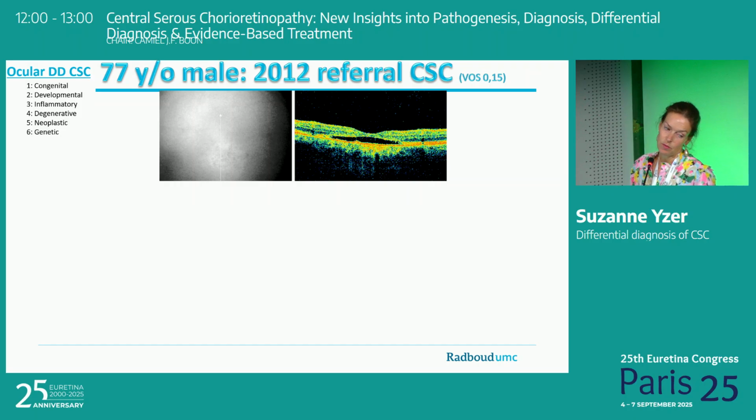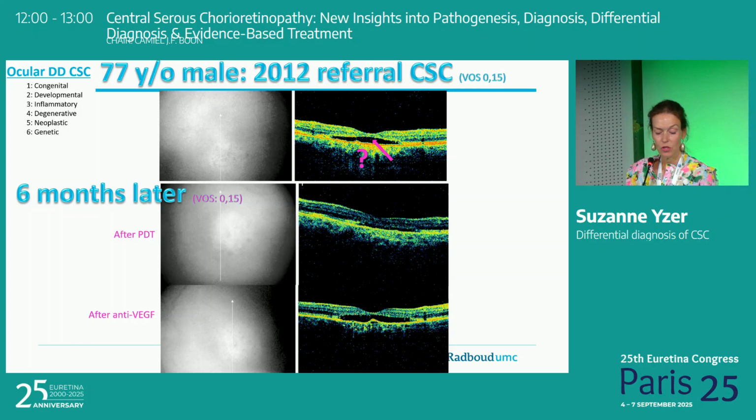This case is a 77-year-old male who was referred also because of central serous choroidopathy, and this was the first OCT that we made, and we were so happy with that. Cannot believe it right now, but we were really impressed with this image. So we found subretinal fluid in this case. Of course, we couldn't say anything about the choroid here. He was treated with PDT, he had anti-VEGF injections, and you see the change in the presence of subretinal fluid, but this is actually because the OCTs were made at a different location. We didn't have the eye tracking at the time.